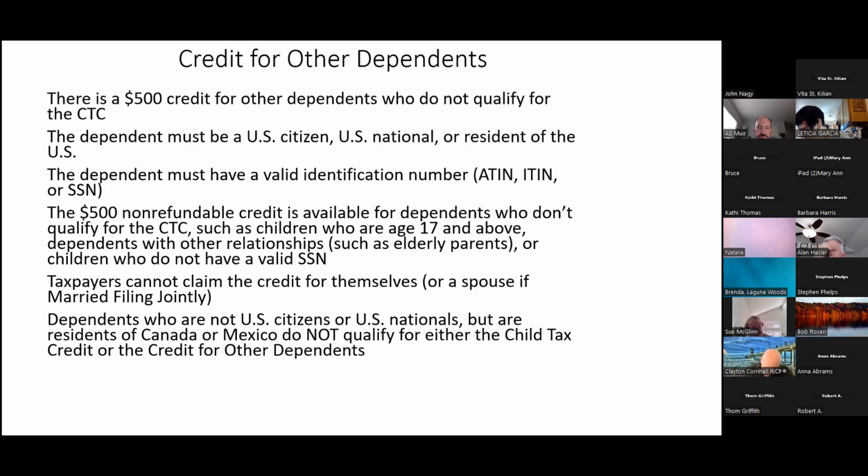Anything else, Sean? No, just like Jerry said, or John Nagy said, our limit for clients at the VITA program is one half of the average income for Orange County, which is about $64,000 this year, and nothing phases out at $64,000. Yeah, I can't think of anything, but one thing good about the software, when the software is written correctly by the guys and gals, the phase out will occur.